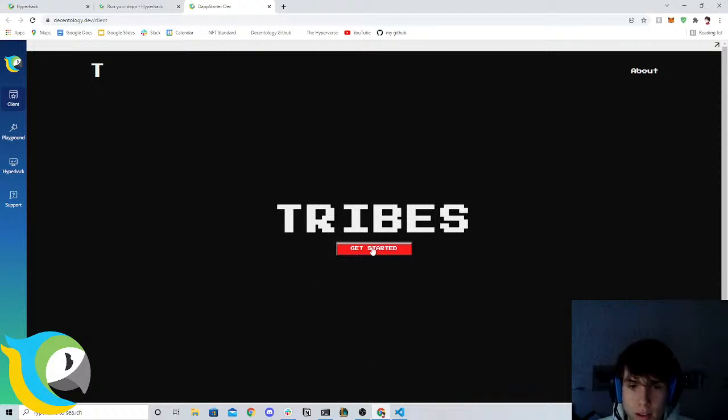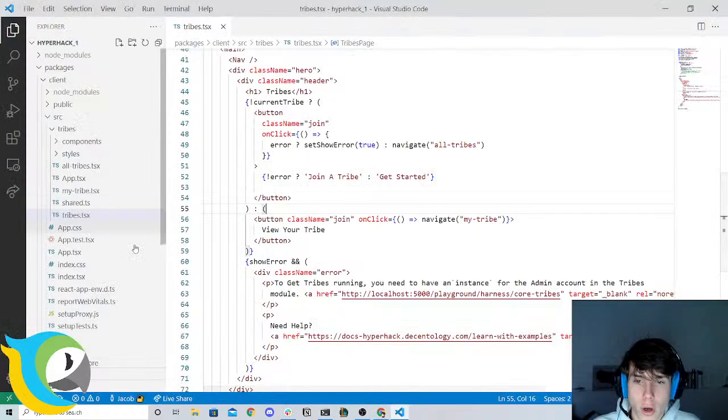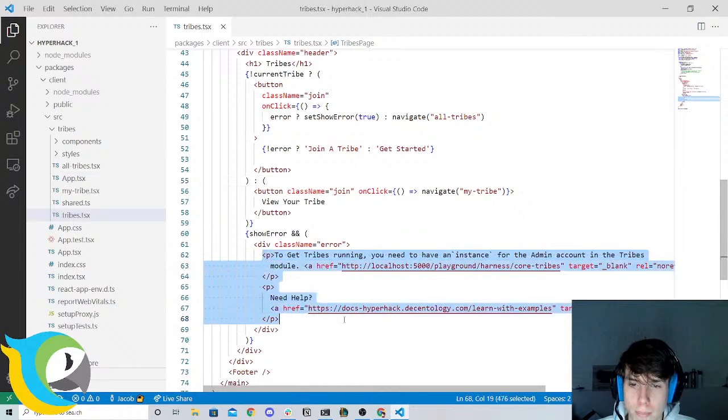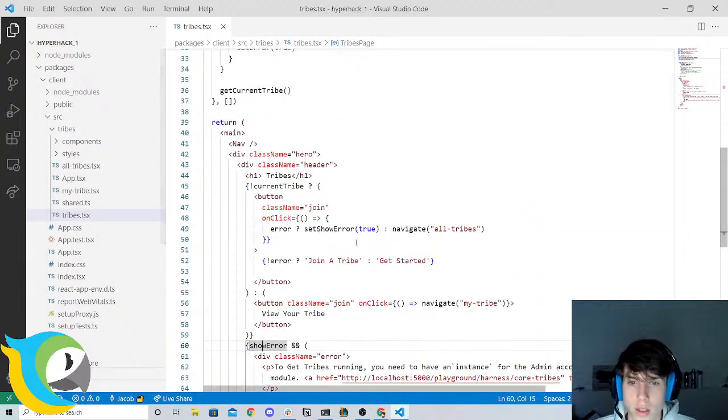So if we click on get started here, look what happens. It comes up with this error, right? Saying we need to run instance for the admin account. If we go back to VS Code, you'll see that it's getting popped up here. The reason it's getting popped up is because of show error. If show error is true, then it's going to show this error. And so the question is, why is show error true? Well, show error is true because we tried to click on get started,